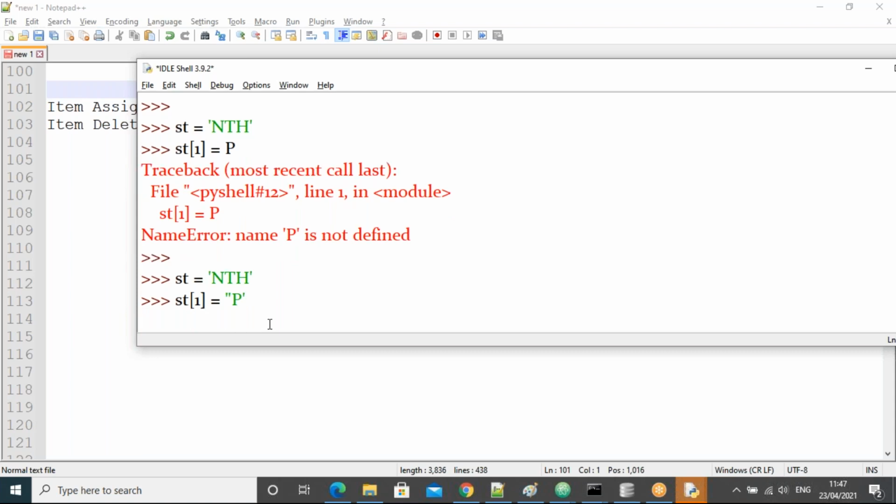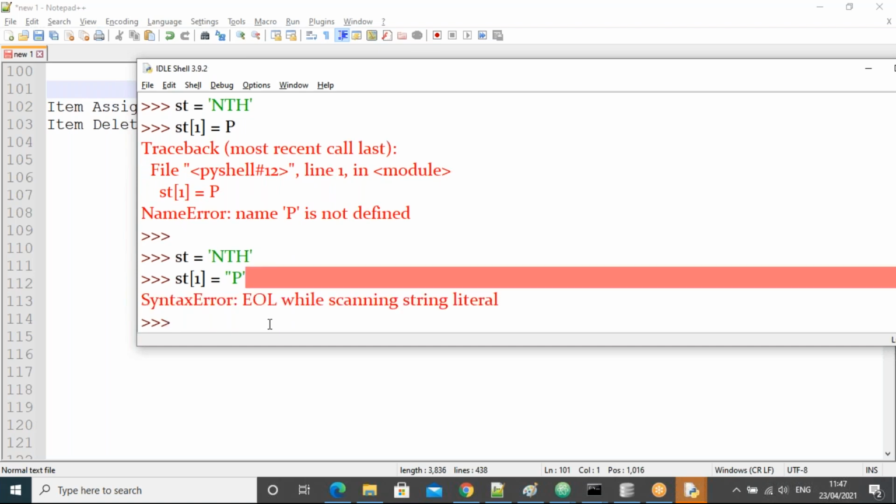Correct, guys. The error means the string is not ending properly. See, it's a SyntaxError, and the reason is EOL. Anyone know what EOL stands for? EOL while scanning the string literal.